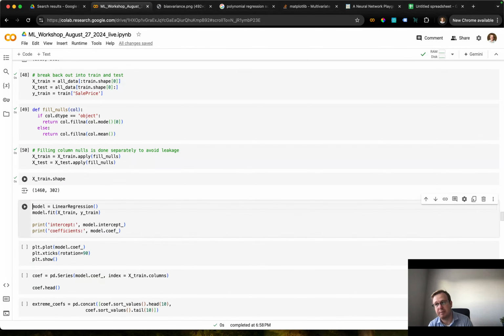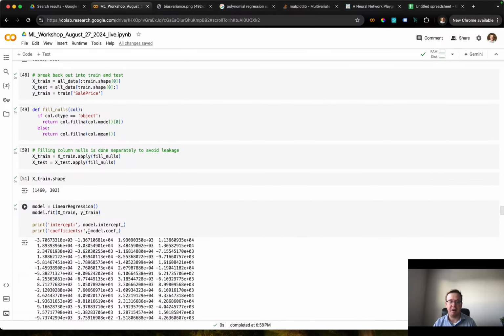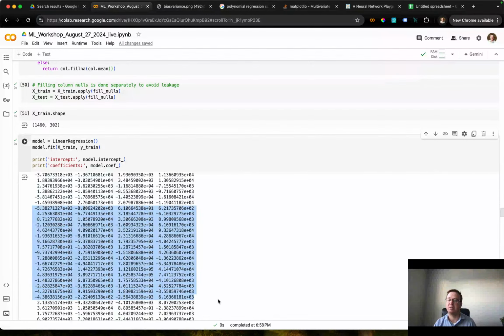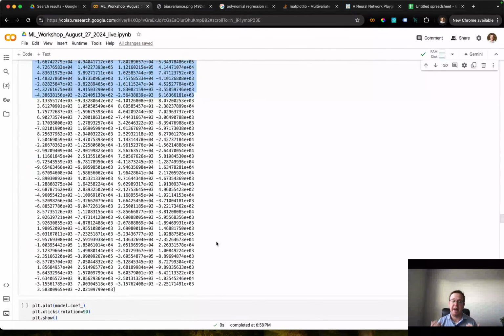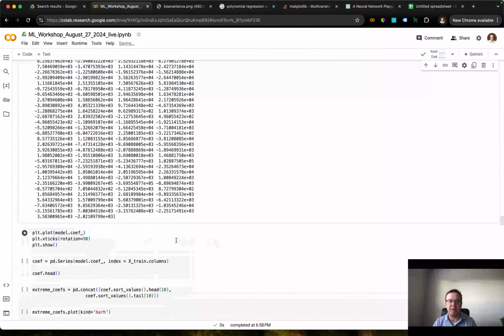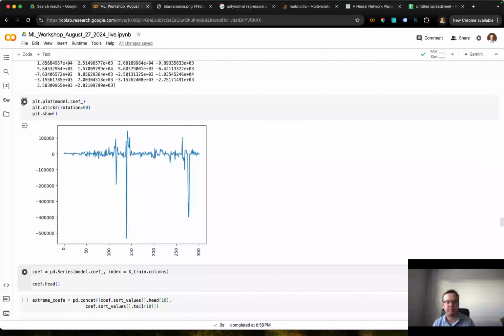302 columns. After all the one-hot encoding, each of the different categories got its own column. That's a lot of x variables. And I'm going to throw these all into our linear regression. So you'll notice I have 302 coefficients, 302 slope values, and some of these have multicollinearity. And also, just due to the quantity of variables, it's going to tend to overfit a little bit. So if I plot these coefficients,